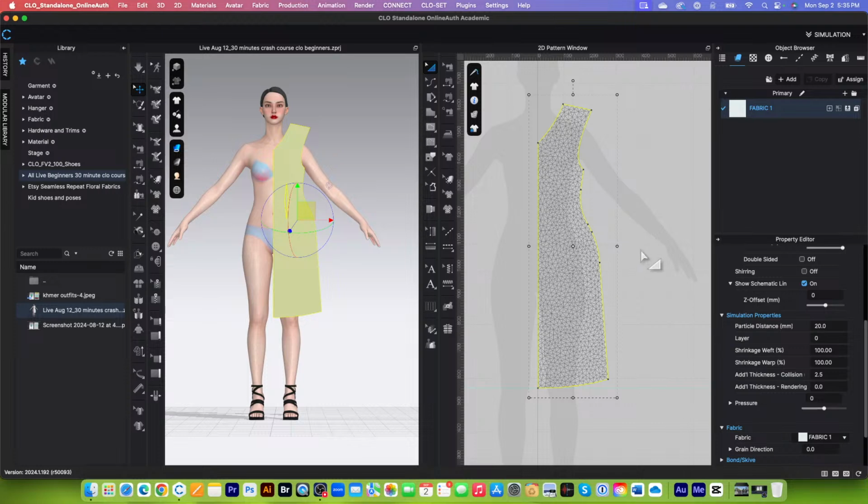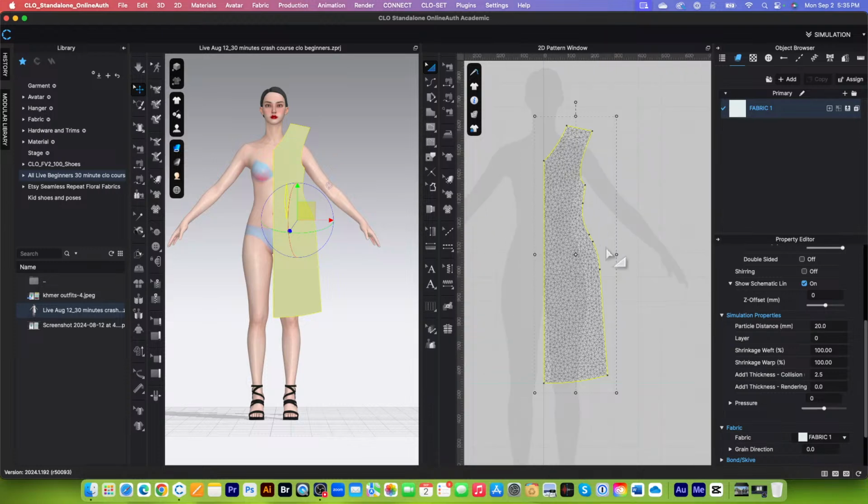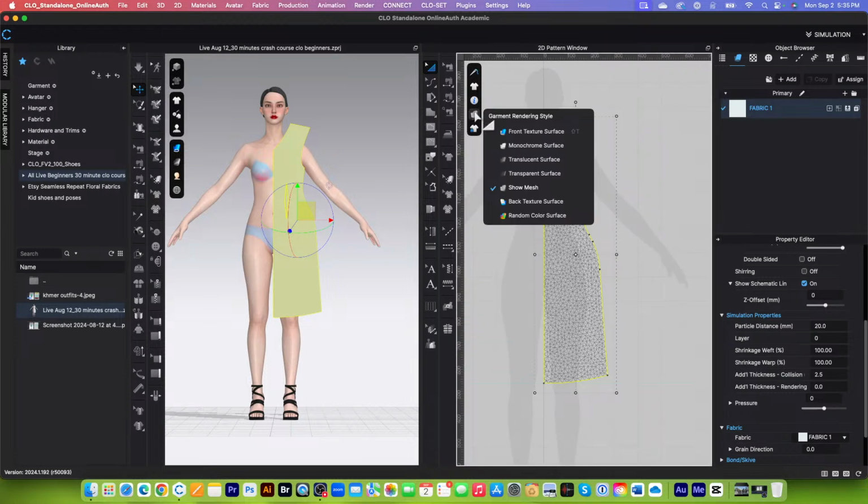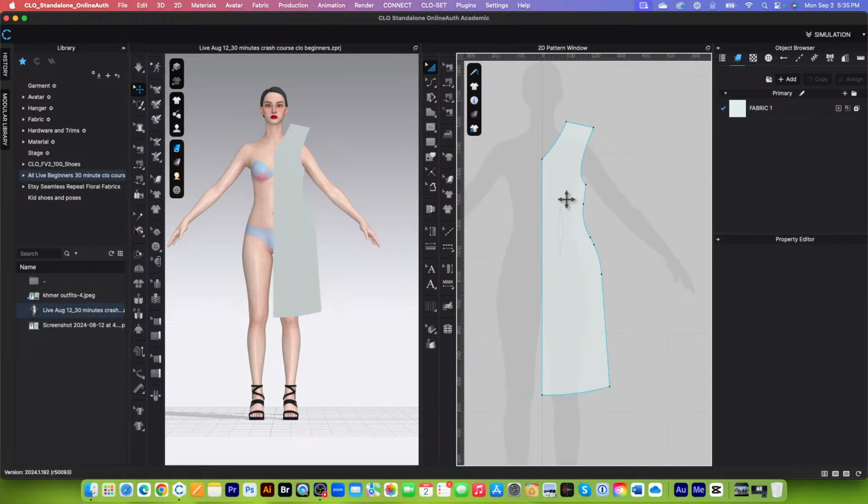Alright, so now let's change back to either monochrome or, again, my favorite garment rendering style that I like, which is translucent surface. This is my favorite and I use it over and over because I get to see the avatar beneath it, okay? Alright, so now let's make a copy of this pattern and do a little bit